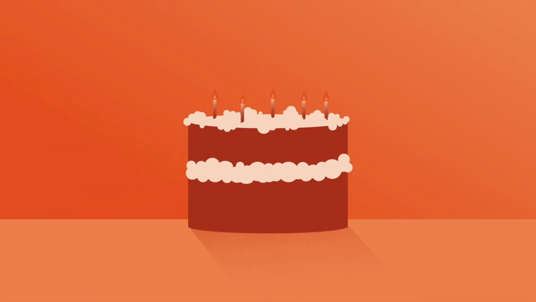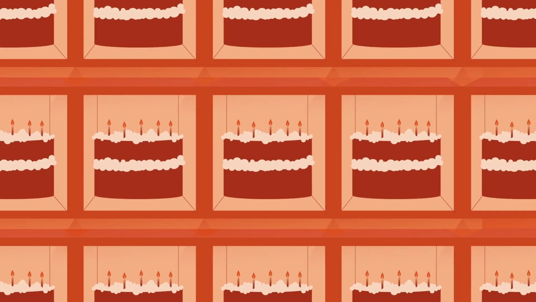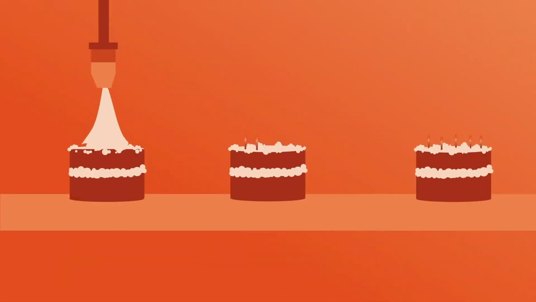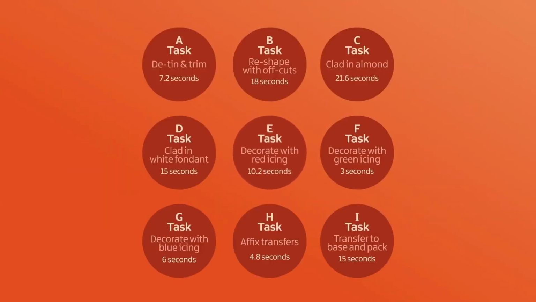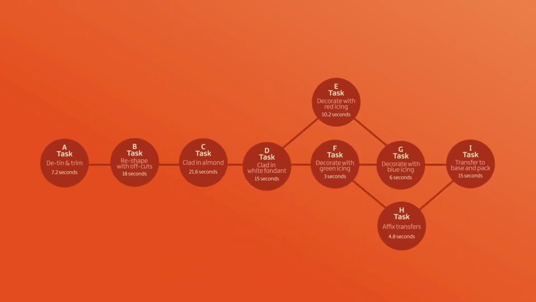The cake factory has been contracted to supply a supermarket chain with a specialty cake. The factory will require a new production line to finish, decorate and pack the cakes. Here are the tasks and the time that it takes to complete each. We can begin by arranging these tasks, starting at the left-hand side and adding them in the order they occur, joined by arrows.